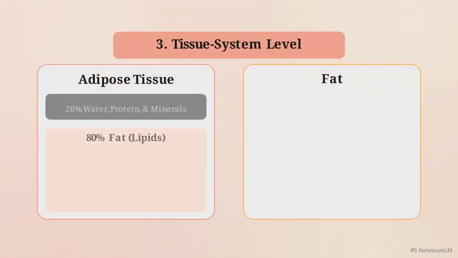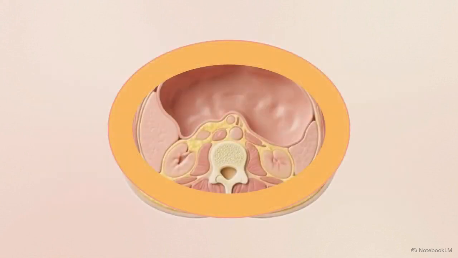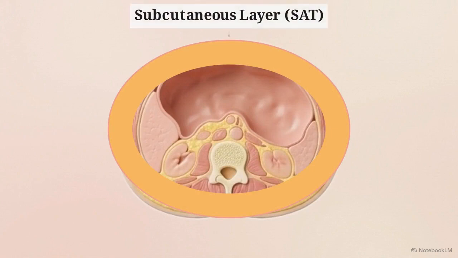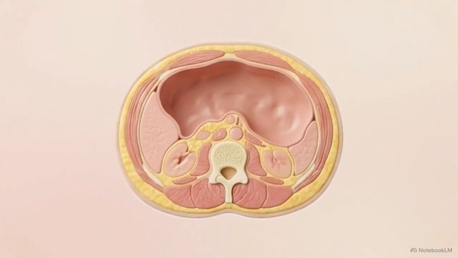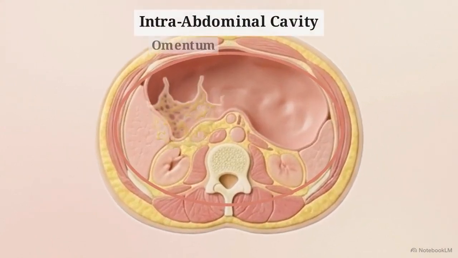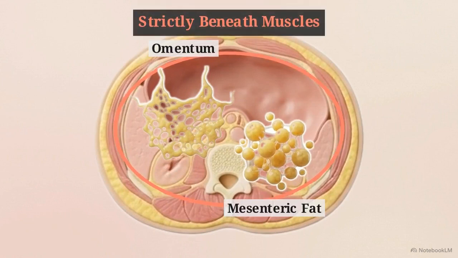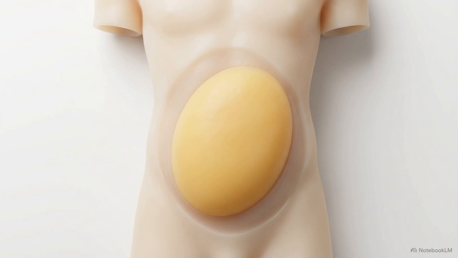In this framework, the tissue system level treats adipose tissue and fat as distinct biological components. This requires anatomically separating the fat located directly under the skin, the subcutaneous layer, from the intra-abdominal tissue buried deep within the body cavity. This visceral adipose tissue consists of the omentum and mesenteric fat, positioned strictly beneath the abdominal muscles. Clinical practice has often relied on the assumption that pediatric adipose tissue is a homogeneous reservoir, an inert place